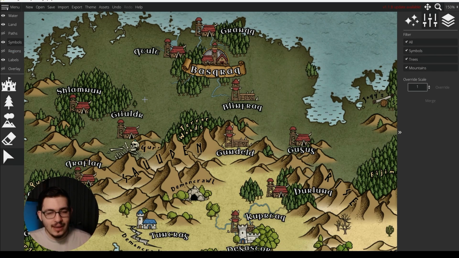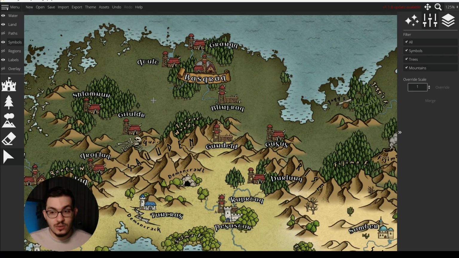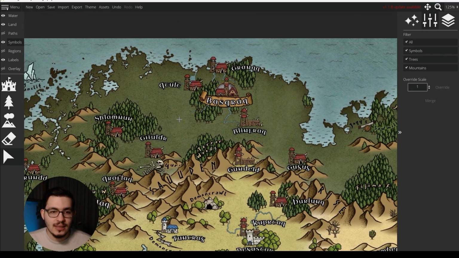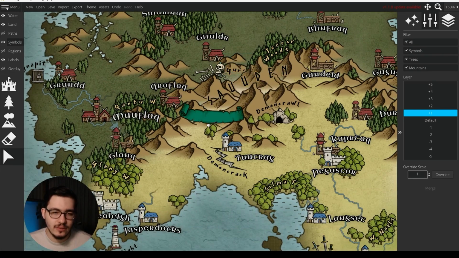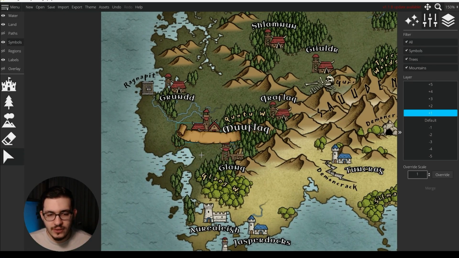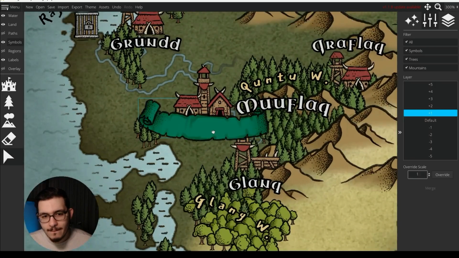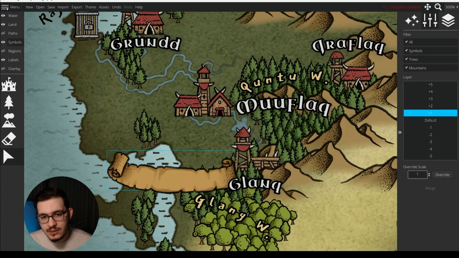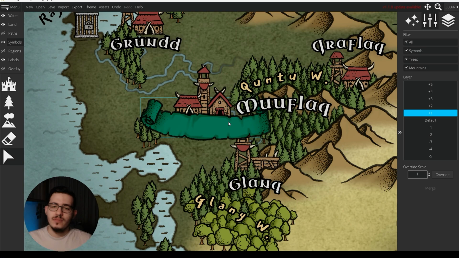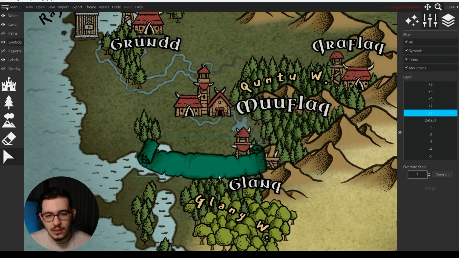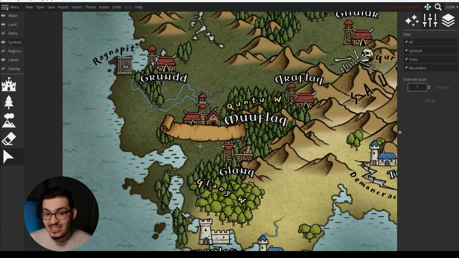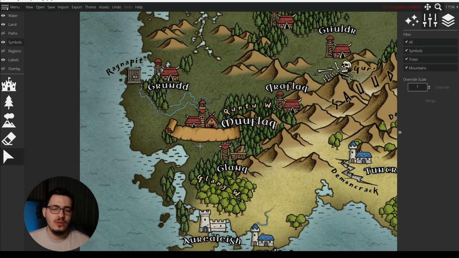Because in my opinion, naming everything with banners takes too much space in the map, and it makes you lose the details. For example, if I were to have a banner here as well, what happened to this lake? That was in between Glank and Muflak. My party follows through the river, up the hill, and in one day reaches Glank. But during the explanation and description of this journey, I mentioned that they were fishing in a lake. Now I lost that lake. And this is just one example. There could be many more details that you lose.